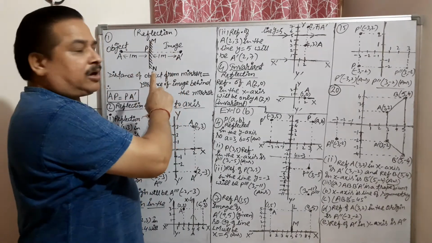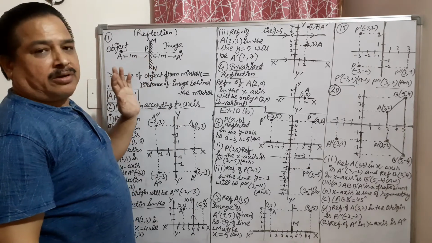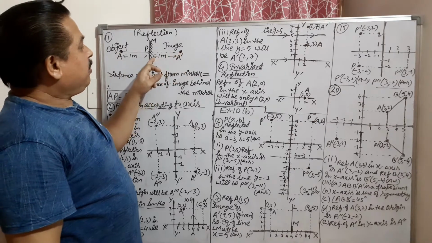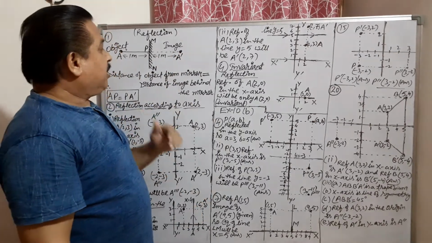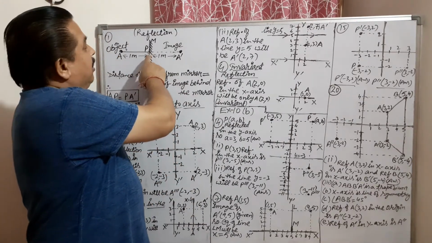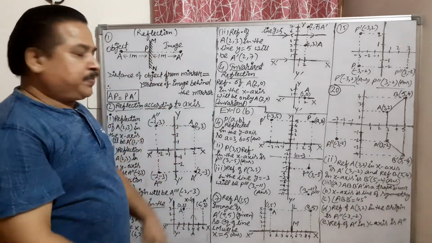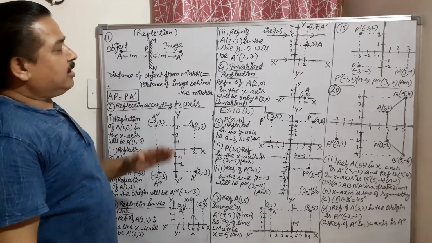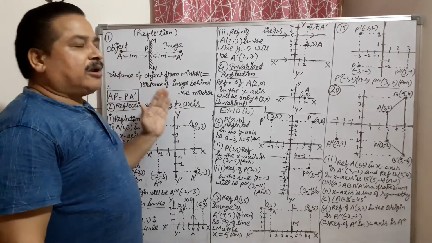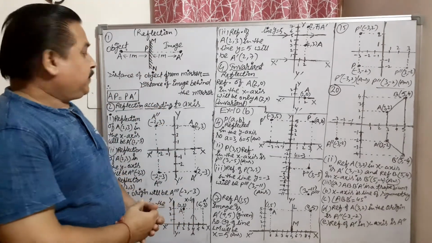MN is a plane mirror. A is an object which is 1 meter away from this mirror. You will notice that the image will be 1 meter behind the mirror. So it means the distance of the object from the mirror and the image distance from the mirror always remain the same. AP equals PA dash in the case of reflection. What is this line called? This line is called the mirror line, or you can say the mediator line.